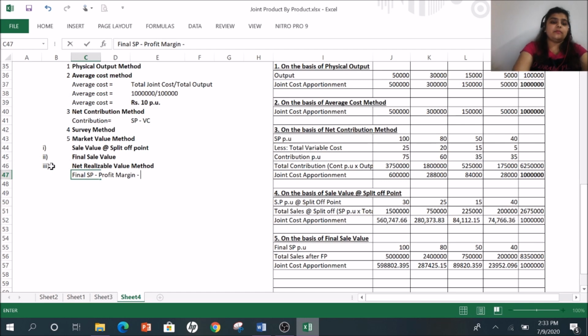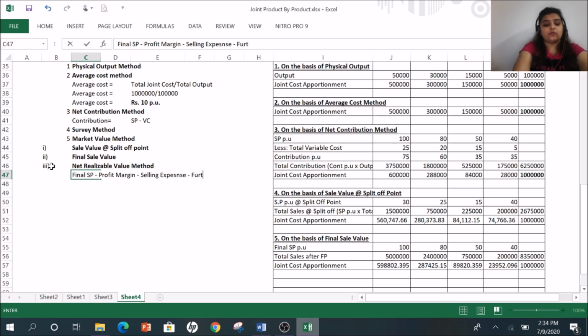Then once we remove the profit from our final selling price, what do we get? We get the total cost. Total cost, out of that total cost we are going to remove the selling and distribution expenses. So what do we have? We have just got our cost of goods sold, right? If you remove from the total cost, if you remove the selling and distribution overheads, remember your cost sheet, what do you get? You get your cost of goods sold.